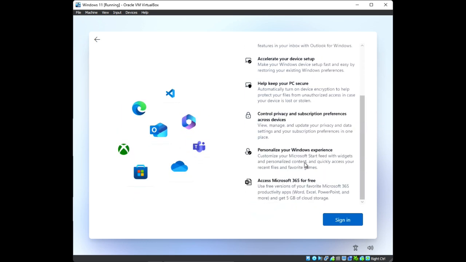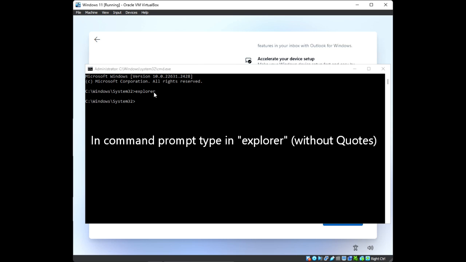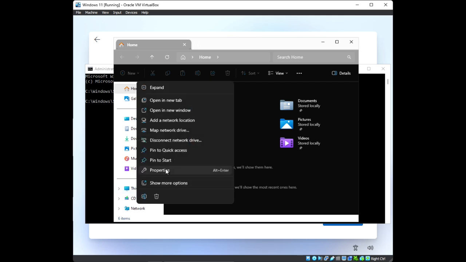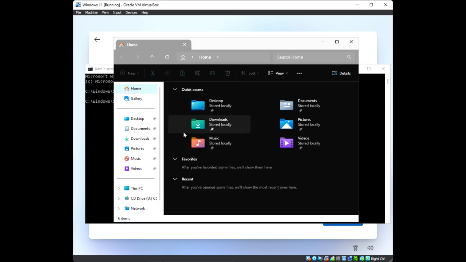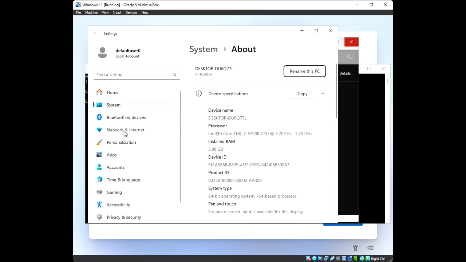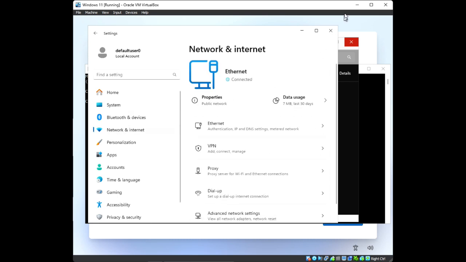Alright. So like I said, I'm still connected to the internet. That's why I'm seeing this. And that's why it's also asking what I would like to name the device. Alright, and then we want to click on This PC using our right click on our mouse, Properties, click on Network and Internet, and